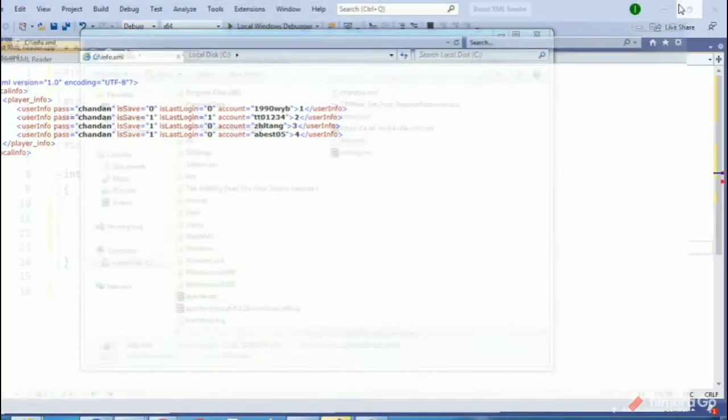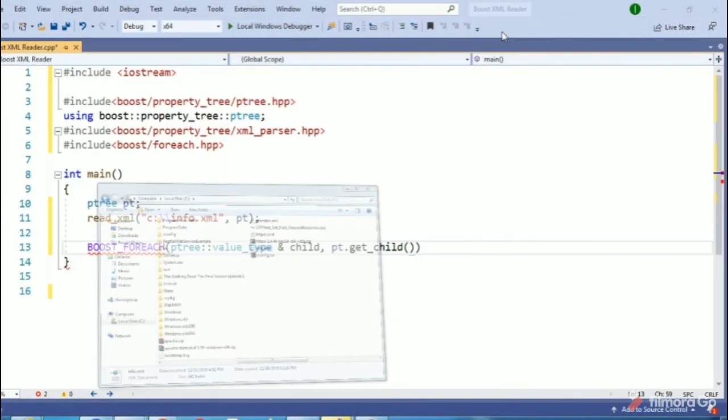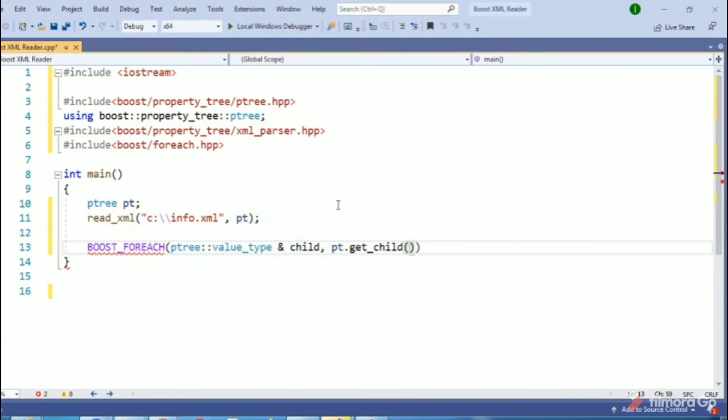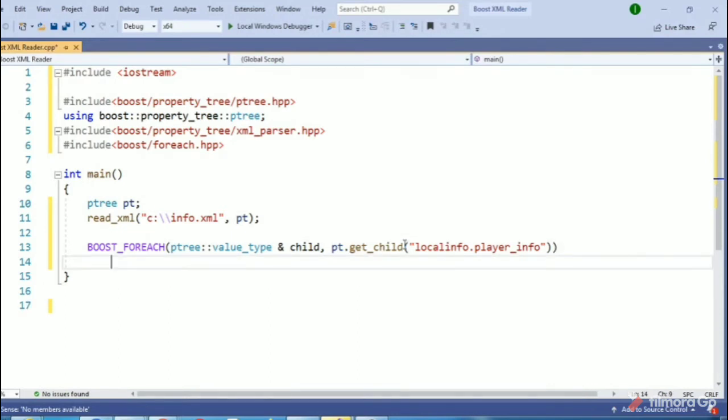So we need the child inside these parents. So I will pass it here, local info and then dot player info. Now we are done. We add a semicolon here. No semicolon, this is a for loop.